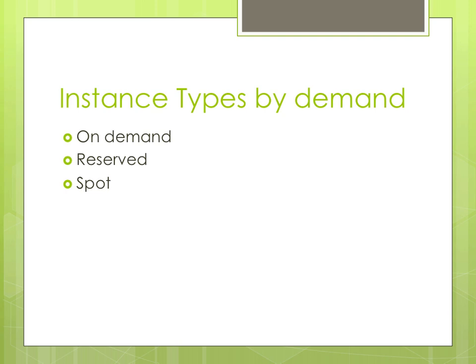Then there is something called spot instances. They are relatively new instances. Essentially, you can buy a machine on the spot, and the spot price is usually very, very inexpensive. For example, the same machine that was 8.5 cents an hour could be as little as 0.7 cents an hour on spot.